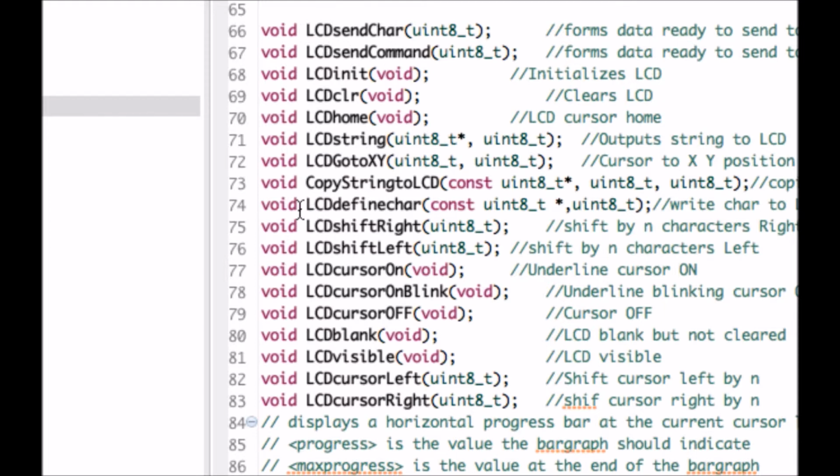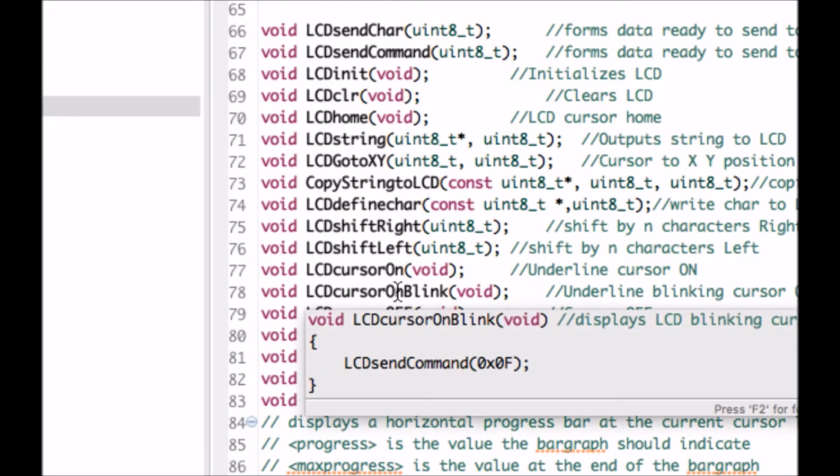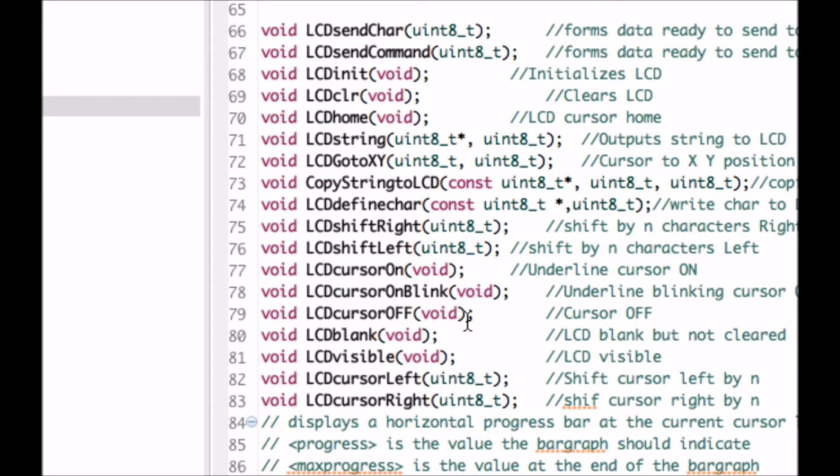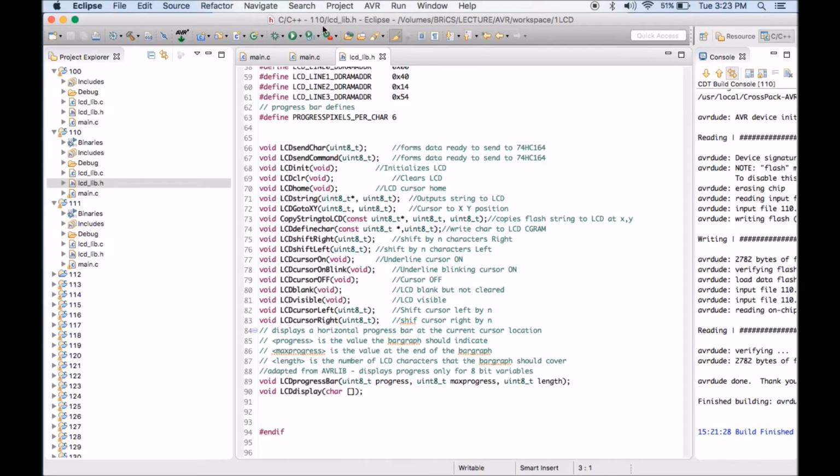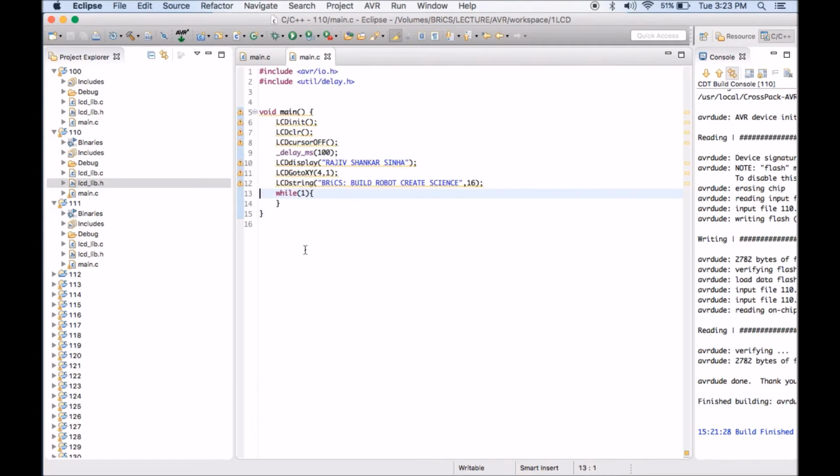Similarly, we have already used LCD string, and one more function is not listed in this list, but that is LCD display. Similarly, we have also used LCD go to XY. For the other functions, we will learn details in the next tutorial. Using all these functions, we can do lots of operations on our display.